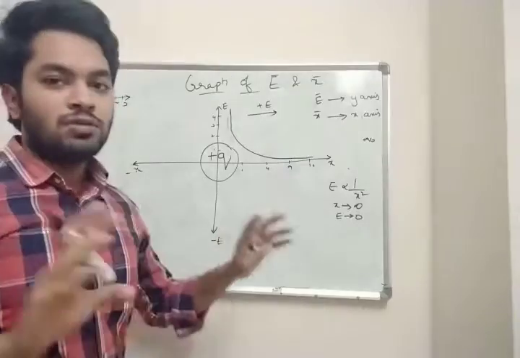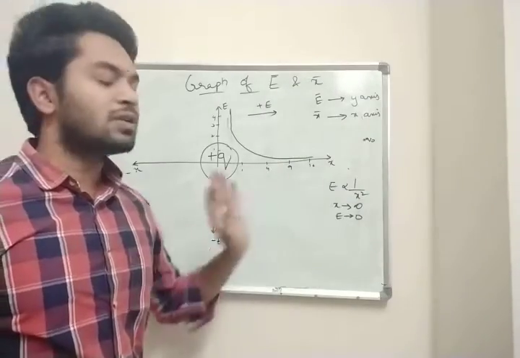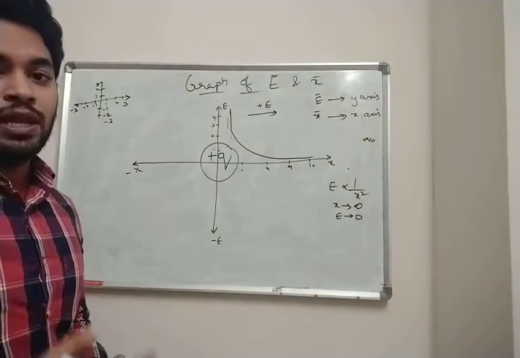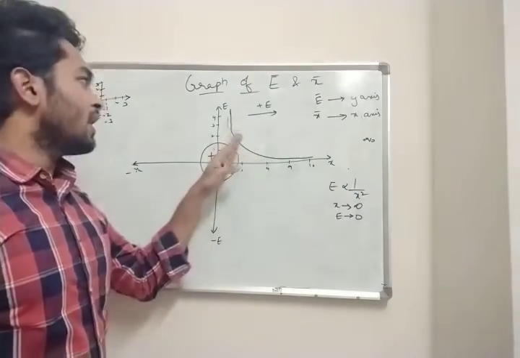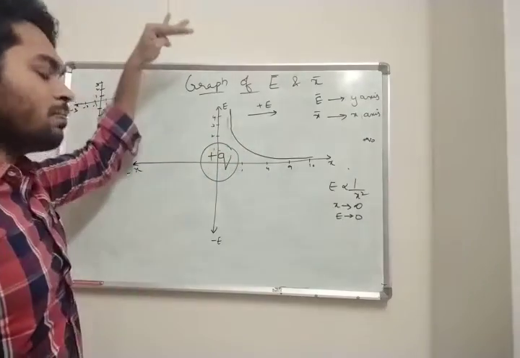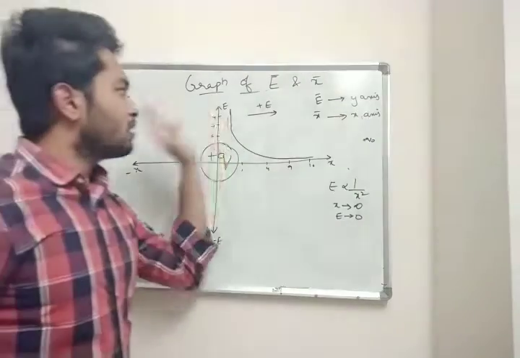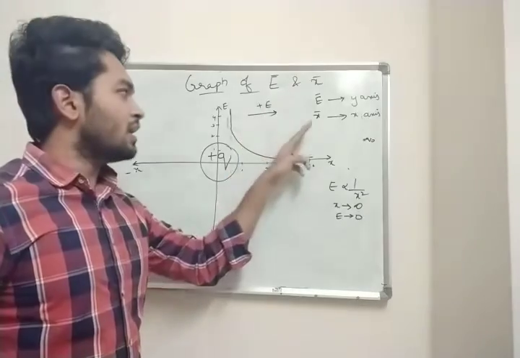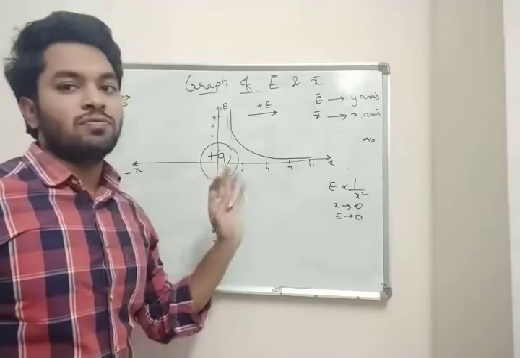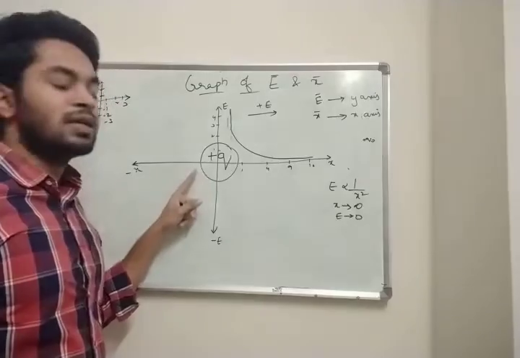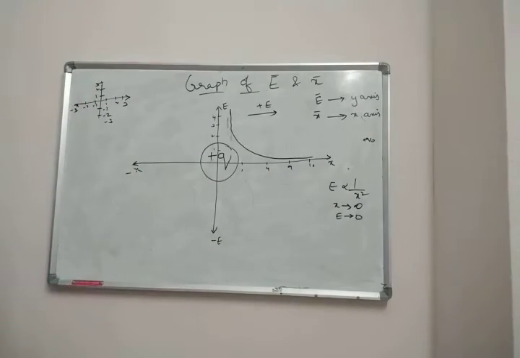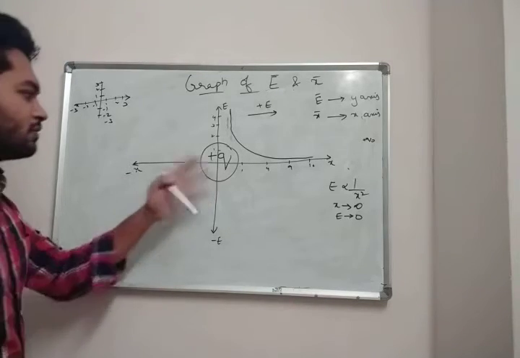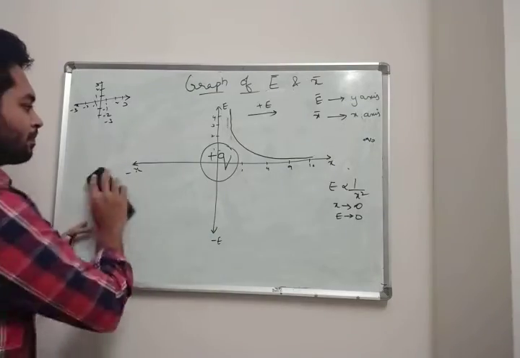So what you need to remember is, electric field is inversely proportional to distance square. As we have taken electric field on the Y axis, this is our positive electric field, and towards the right side, by our sign convention, electric field is positive. Why did we get electric field positive? Because I placed a positive charge in the middle. Clear? Now let us see what will happen to the graph if it is a negative charge. So same logic again.